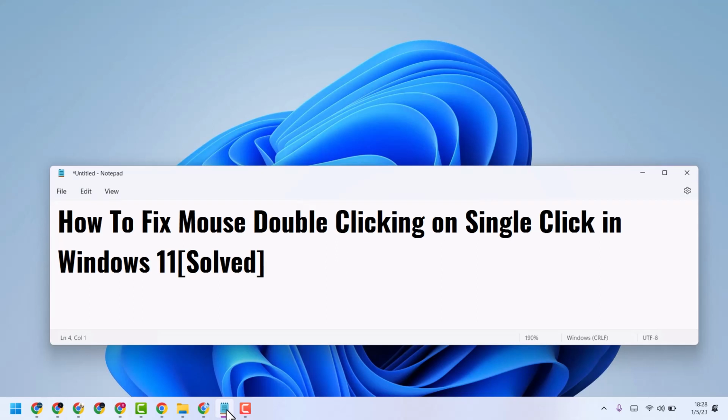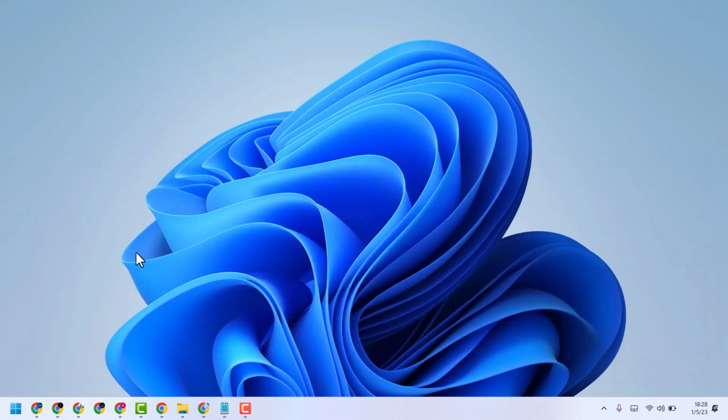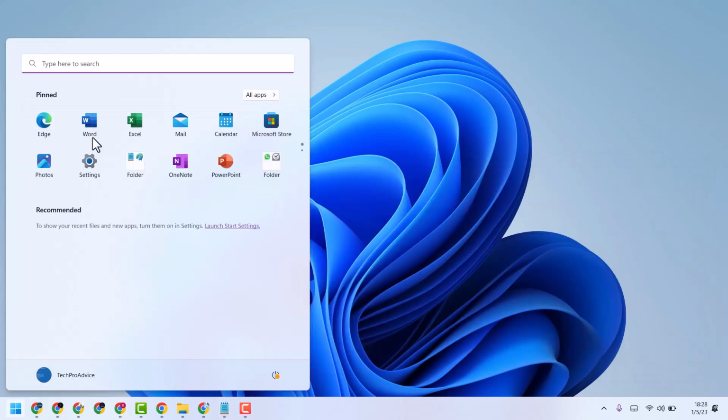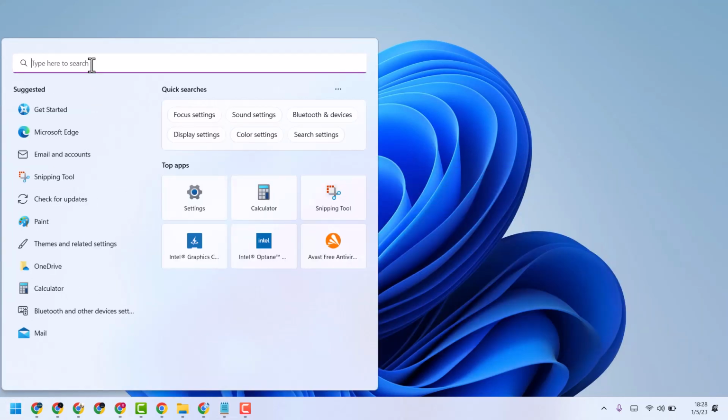Hello friends, in this video I will show how to fix mouse double clicking or single click in Windows 11. So to resolve this problem you can try this method. Click on start. Now type here